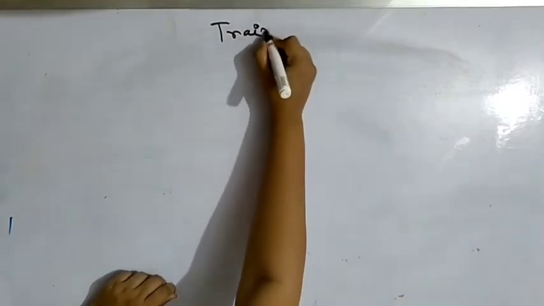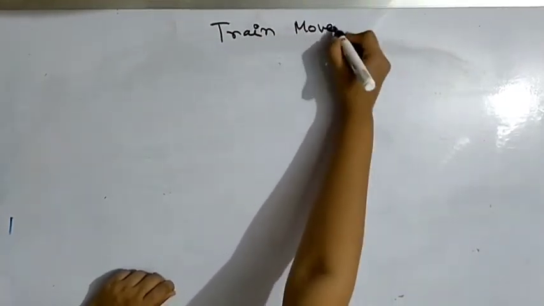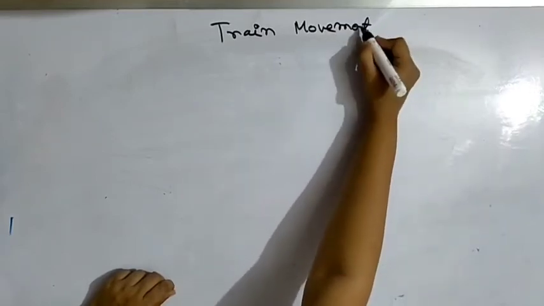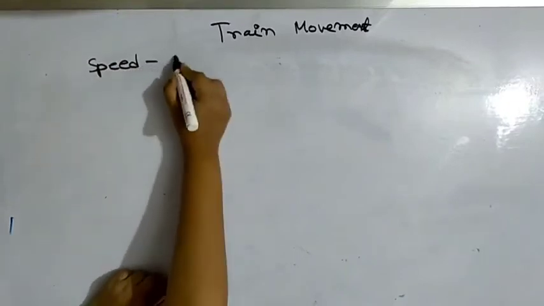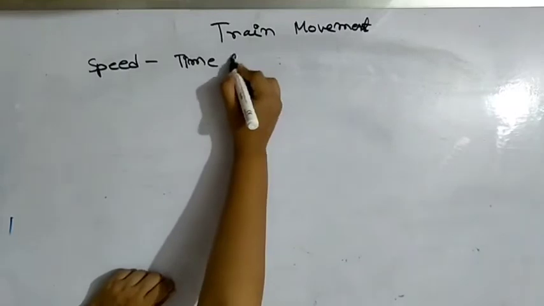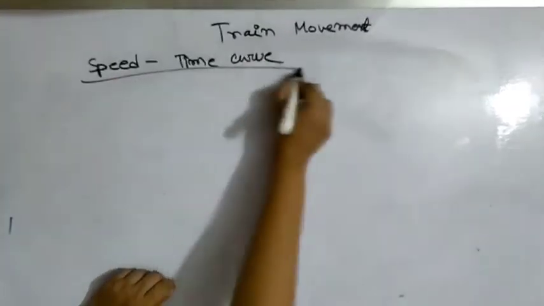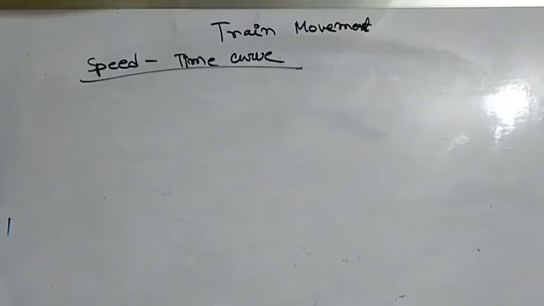Train movement, speed time curve. We discuss about it. A train is to be run between two stations most optimally as far as possible. For this, it is necessary to know the speed time curves and the resistance to motion of the train, both the frictional and windage, and then it is possible to find out what energy must be supplied to the train to